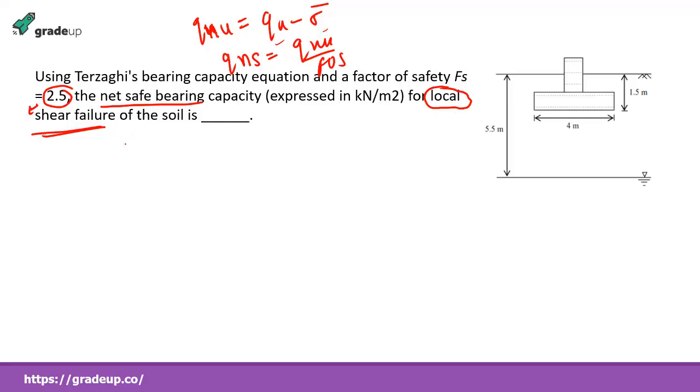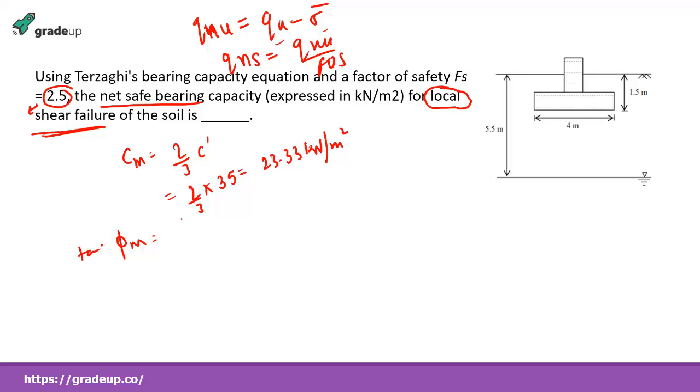For local shear failure, you already know you have to use the modified values of cohesion and phi. So Cm is equal to 2 by 3 times C dash. That is given, 2 by 3 times the C value. What is given? 35. So this value comes 23.33 kilonewton per meter square. And the phi m value, the modified angle of internal friction,